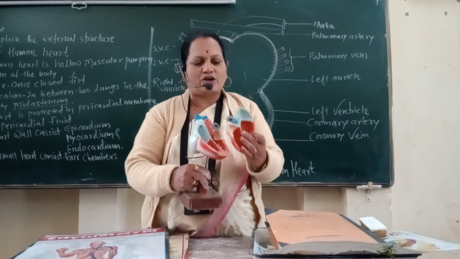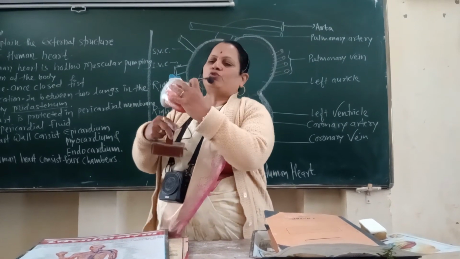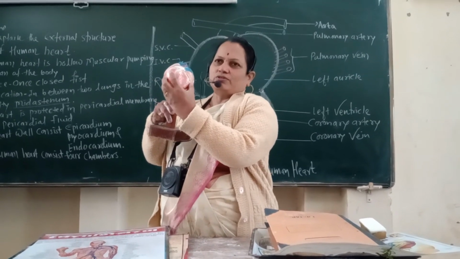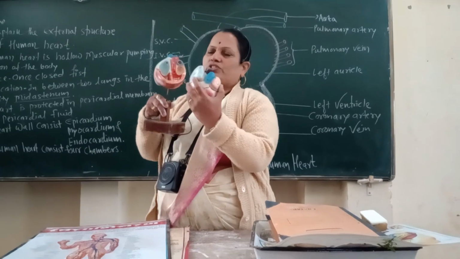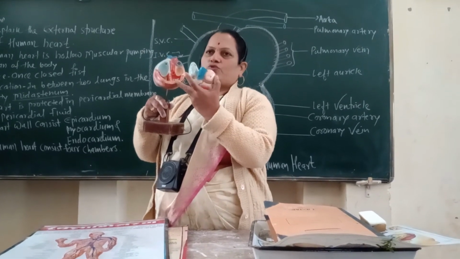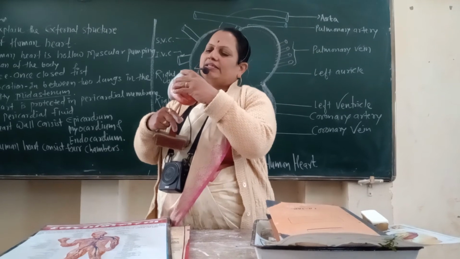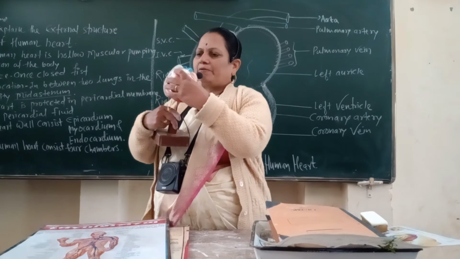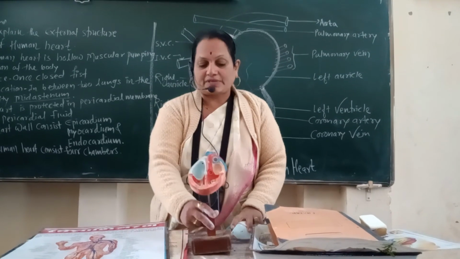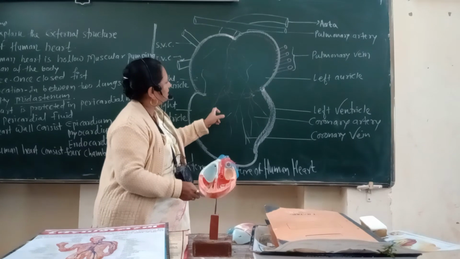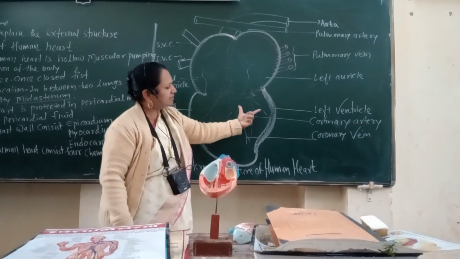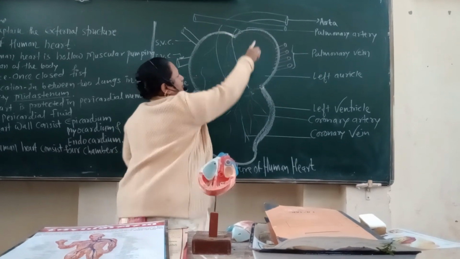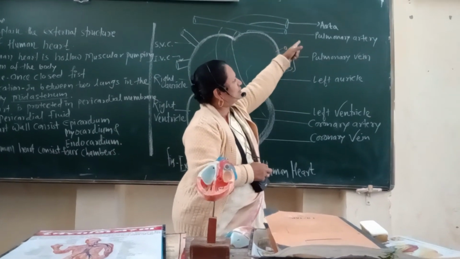The upper 2 chambers are the auricles, and the lower 2 chambers are the ventricles. Externally, the lower chamber looks like a single one, but internally there are 2 chambers. Externally, red colored coronary arteries and blue colored coronary veins are clearly seen. Then the large aorta collects the pure blood from the ventricle. Pure blood is present on the left side, coming from the left ventricle, and that pure blood goes to each and every cell through the aorta.